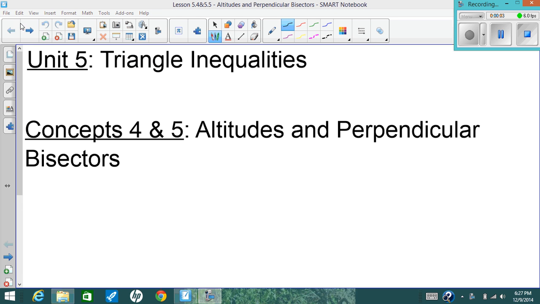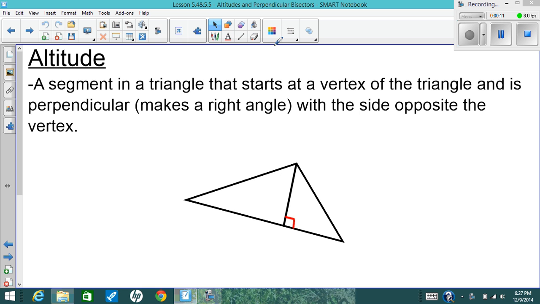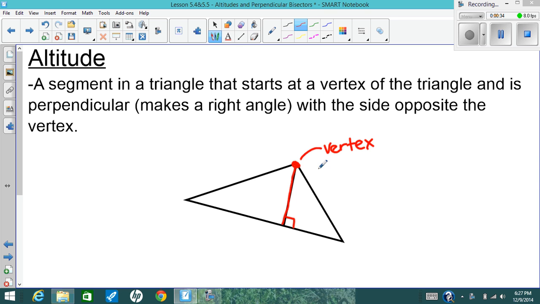Hey, all, today we're going to talk about some segments or lines that are associated with triangles. So one of those segments is an altitude, and an altitude is a segment that begins at one vertex. So this segment right here in the middle, I'm going over in red, that's the altitude. It starts at this vertex over here, and it goes across the triangle, just like we've been talking about, to the opposite side,